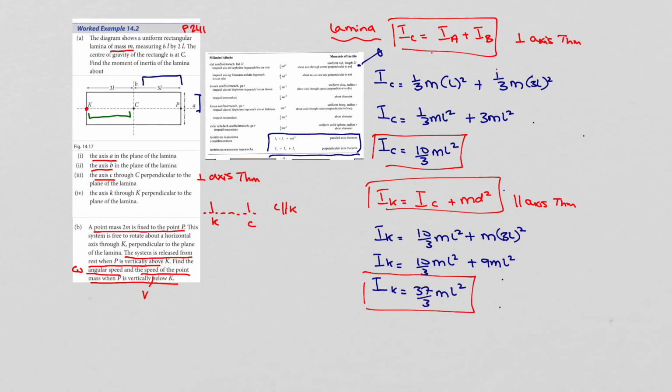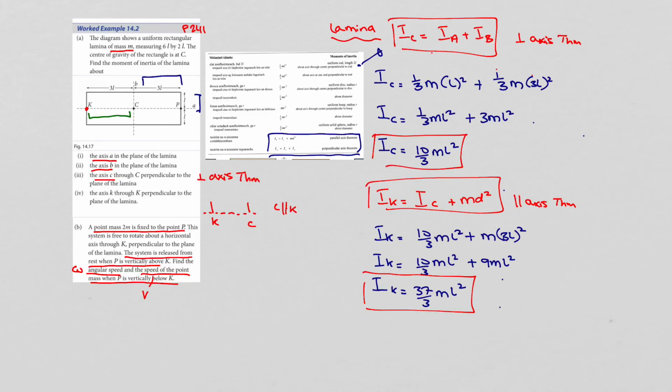Okay, so now we have to look at the point mass. The point mass is going to be attached to the point P. So we'll draw a new diagram for this. Okay, so we have our point mass up here at P, attached to the end of the lamina. The lamina is rotated up to position 1, and then it's released from rest, and it's going to have angular velocity as it rotates to position 2,